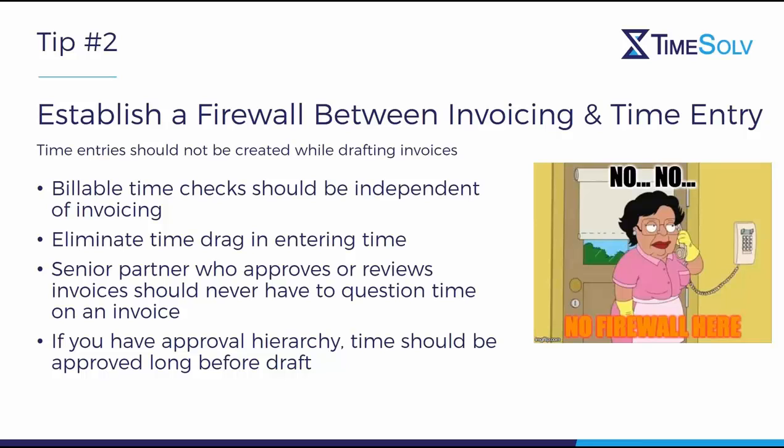And if you have an approval hierarchy, perhaps you have associates who have to have their time approved by the senior partners, that should happen in almost real time, or should be approved at least long before it ever gets put on a draft bill. Okay, and maybe it's a day lag time, at the most a couple of days, but that person who's charged with approving time should have the tools in place to allow them to approve those entries in a very timely fashion. So with that in mind, then your billing person every month is not going to be rushing from one associate